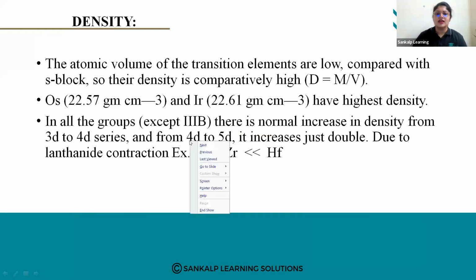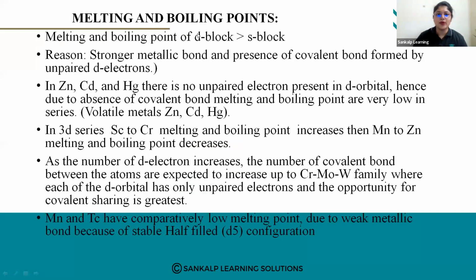Then melting point and boiling point we have also discussed. There is a stronger metallic bond and the presence of covalent bond formed by unpaired d electrons. Why are the melting and boiling points of d block elements higher than those of s block elements? Because a stronger metallic bond is present, and the presence of covalent bond is formed by unpaired d electrons. So these are some of the characteristics or properties of d block